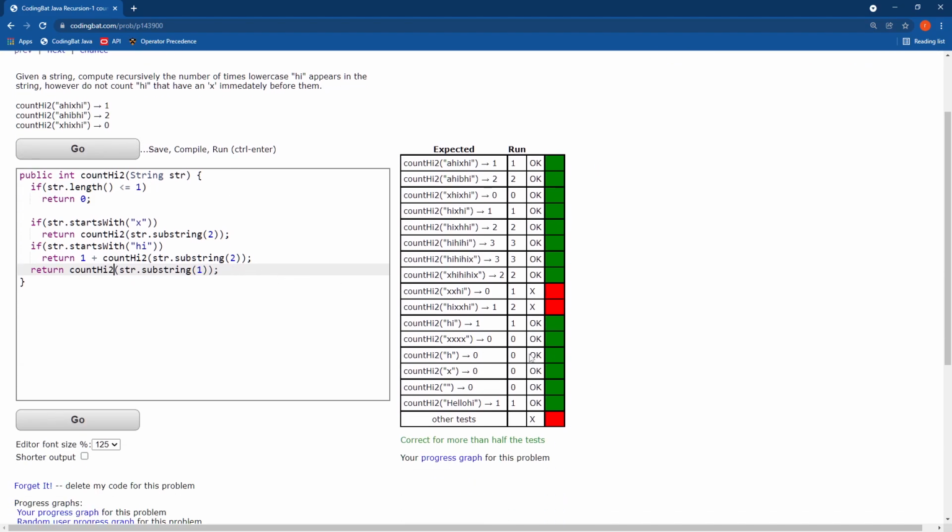2. Okay, so that still does not work, and that's because, let's see, this is running 1. Oh, because if I have an X, there might be an X right after it. That's actually good. Good test case there. Okay, so let's see. So it starts with an X. Let's see. If it starts with an X,